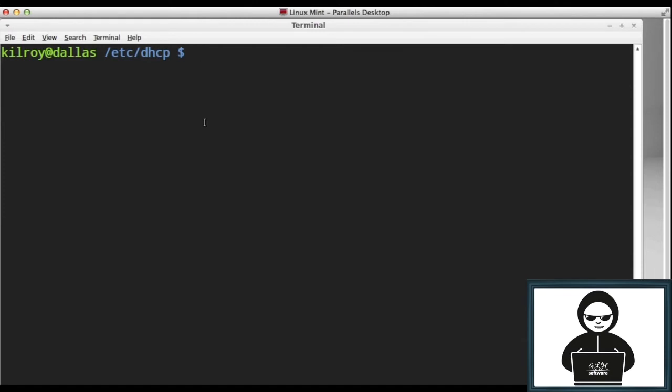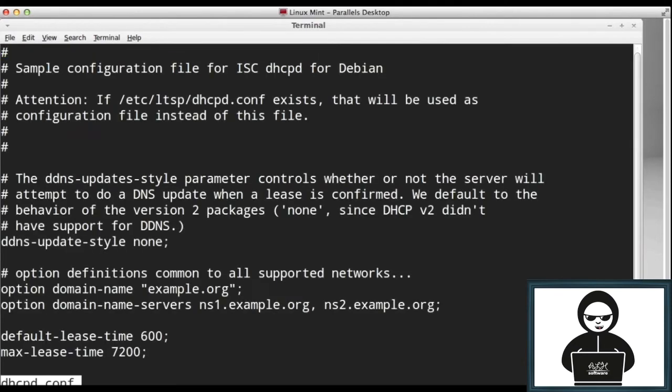So DHCP is really helpful not only to get you up and running faster on a network, but also it provides the ability for your users to be more mobile, particularly if they've got systems that are capable of being mobile. So let's talk a little bit more about what DHCP is. And I've got a DHCP server running on this Linux system. I can show you the DHCP configuration file, and we'll take a look at the various things that we can